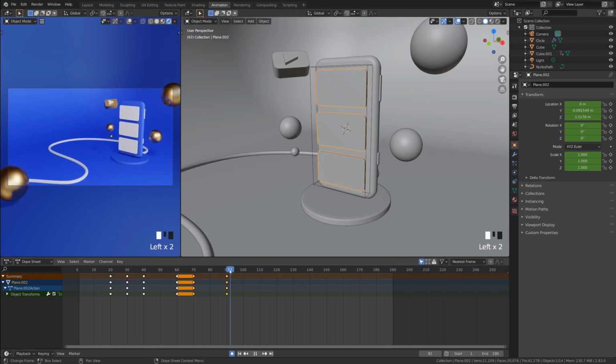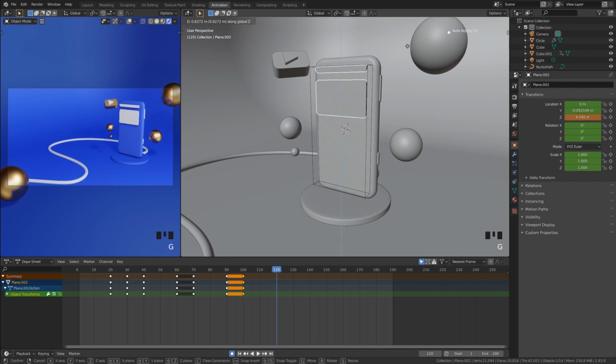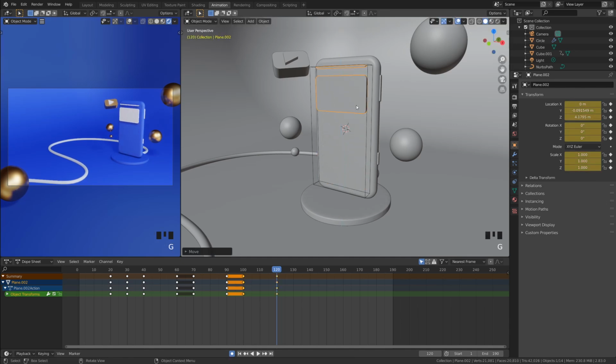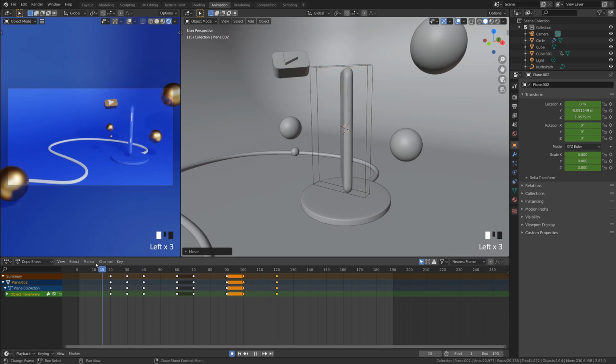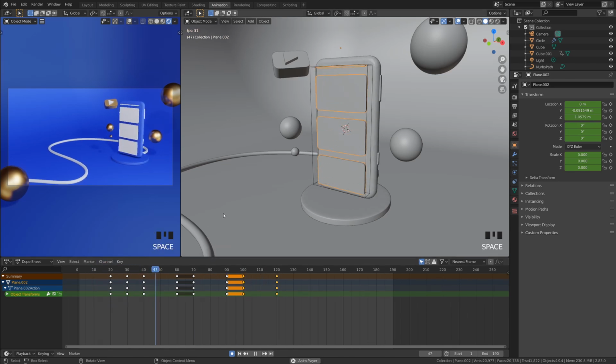And all I'm going to do is continue to duplicate this and do the same sort of fashion until we get to around, say, 140. Move this across, Shift D to duplicate this out. So we're going to stay and wait here for 10 frames, and then go ahead and scroll this once again. So GZ to bring this up. And we've run out of video space here. You can either increase the amount in your array modifier, or you can end it here. I'm just going to end it here for now. So if I play this back,